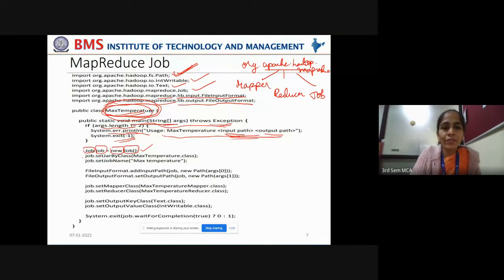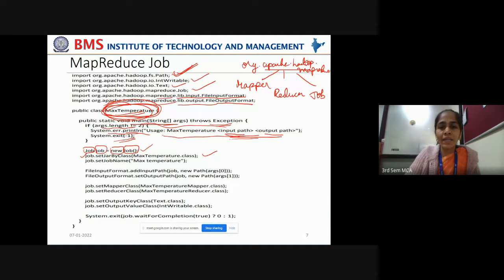Now, in this job object, you are invoking the setJarByClass method. Job.setJarByClass, the Java archive file, by using which class? This MaxTemperature class itself.